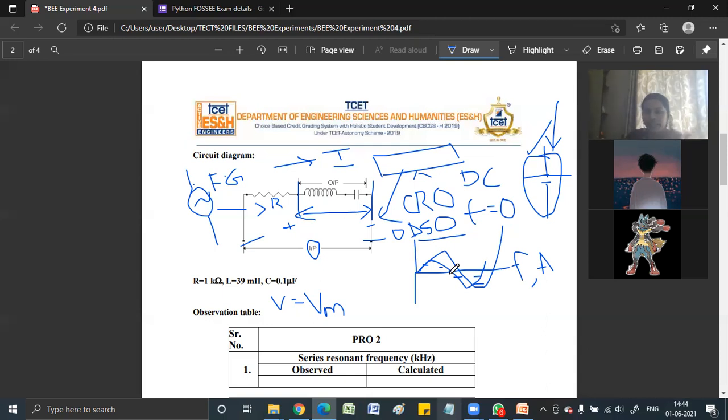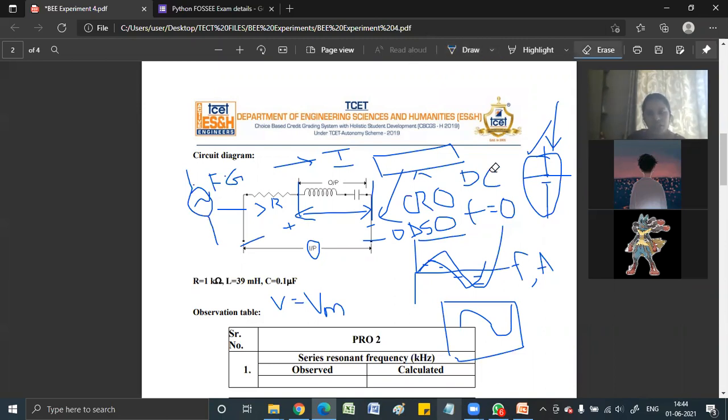But in Tinkercad, the DMM, the multimeter that we have used, is only for DC. So if you want to view the AC signal, you have to go for an oscilloscope. In the oscilloscope, there will be an instrument seen on Tinkercad wherein you will be able to see an output signal. You'll be able to see fluctuations, the waveform. Your input will be a function generator, and at the output, you'll be applying an oscilloscope.